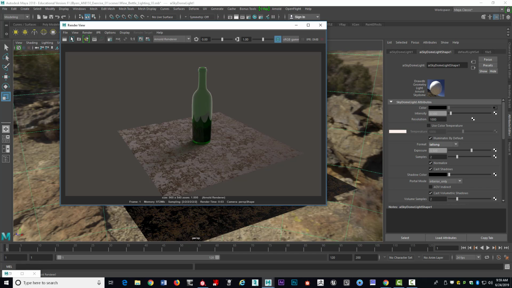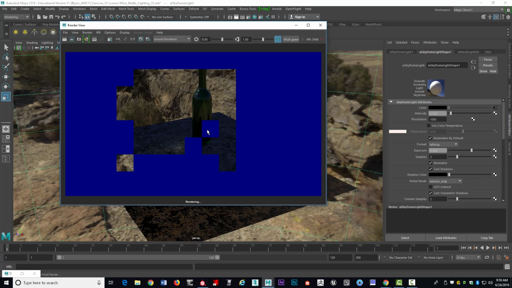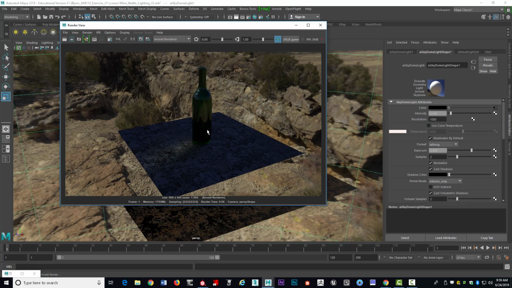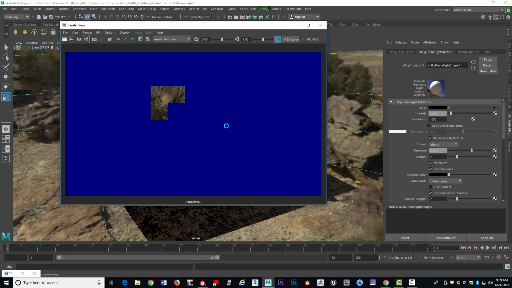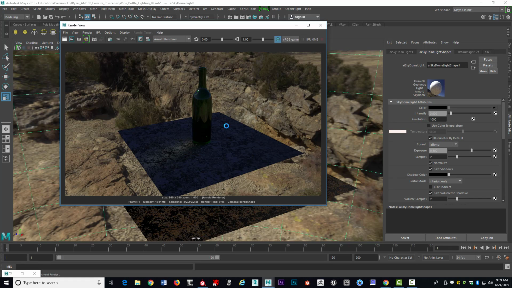So what's it waiting for? Let's see. I guess this just takes a little bit of time. There we go. Cool. Here it is. Wow, look at that. So it's a little dark, right? But that's cool. We're getting some really cool stuff going on here, and we're able to see the reflection of the bottle. I got a little click happy here, so it's going to render it twice. All right, cool. Awesome. Looks good. All right, so what we're